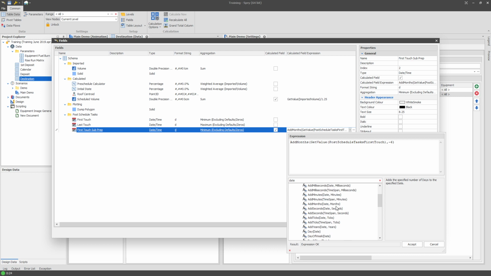So there's a, where are we? Total days. Go with days, total minutes. No, let's just create a new date. So we'll go with date, and date wants three things. If we look at the date function, it wants a year, a month, and a day. So what we can do is we can get the year,